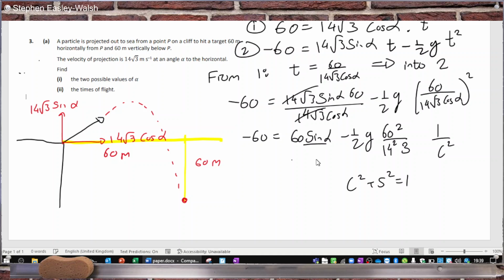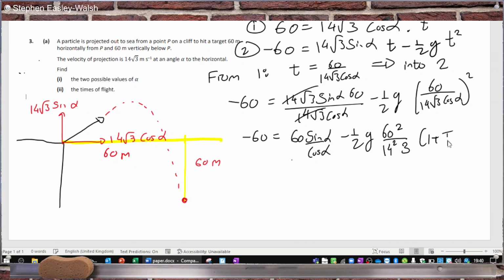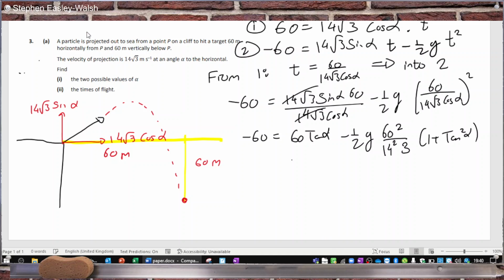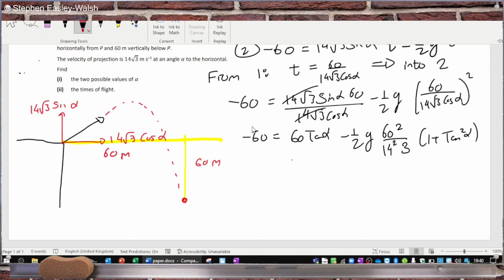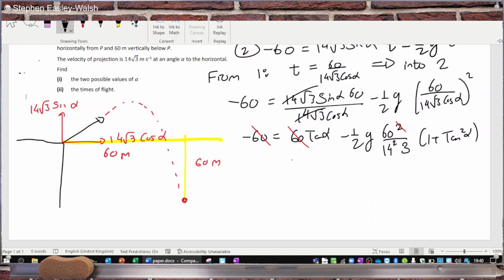Oh, and I forgot my cos here. Forgot to write the cos down. That's important. Because what you can do now is this is 1 plus tan squared alpha, and then the sine over cos is tan alpha. There's a 60 and everything. Cancel the square. So you get,